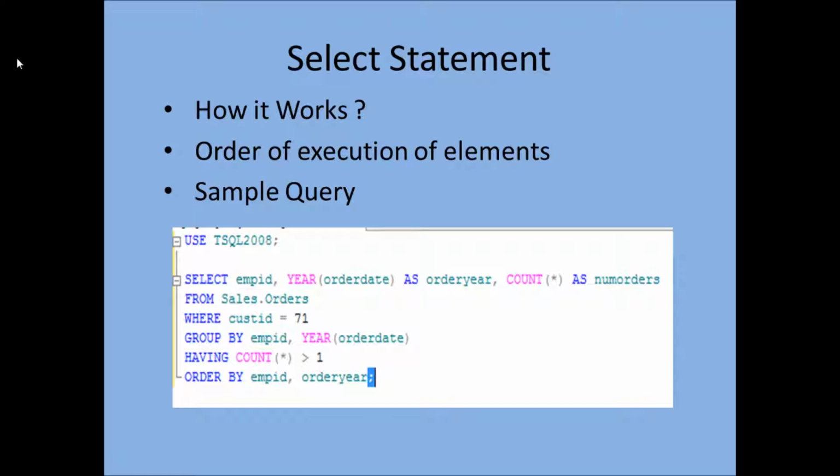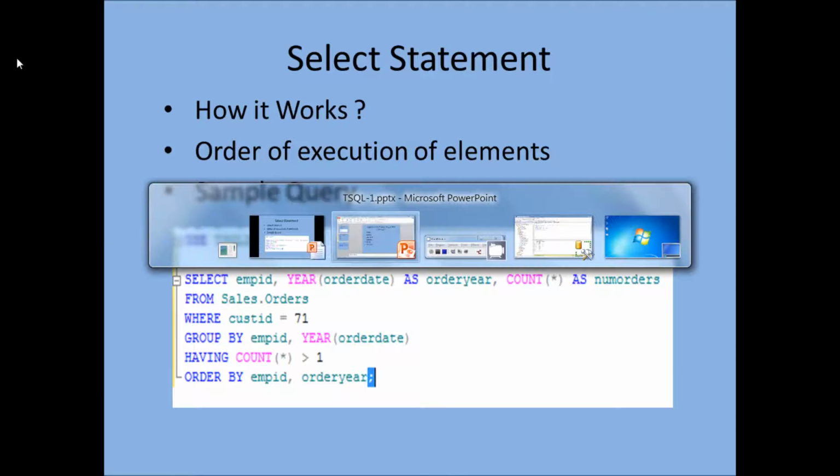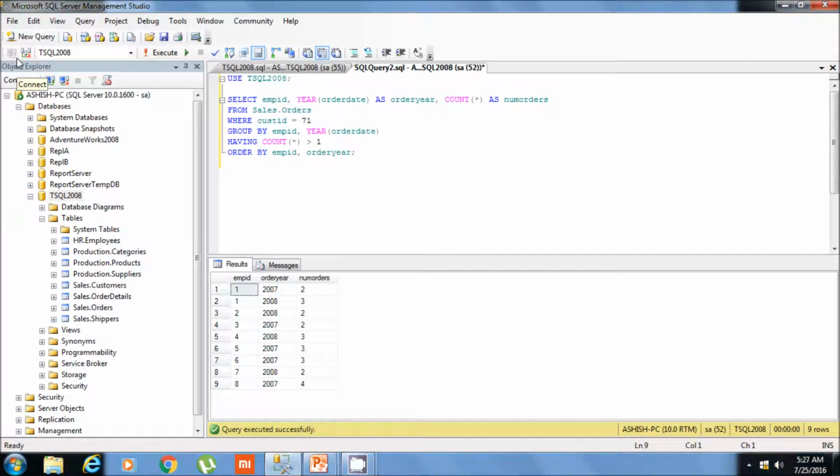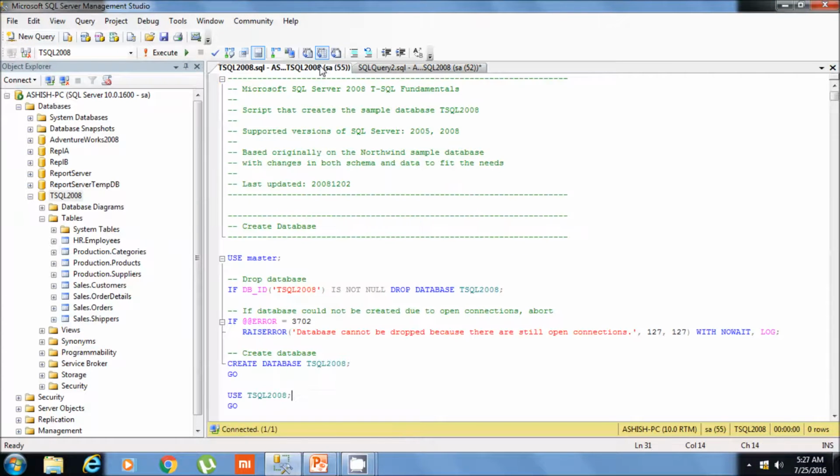So to explain this, I am using a sample query and I am using the TSQL 2008 database. So I created this database by doing some modification in the Northwind sample database that we got from SQL 2008. I have created this TSQL 2008 .sql script, and you can also download this script.